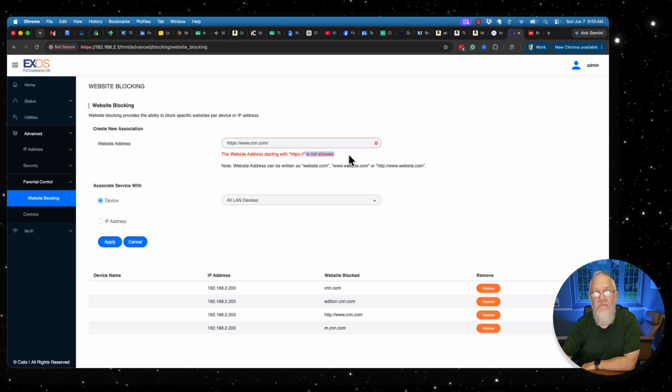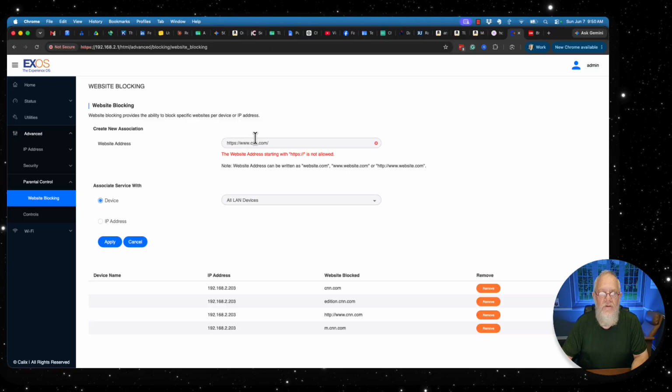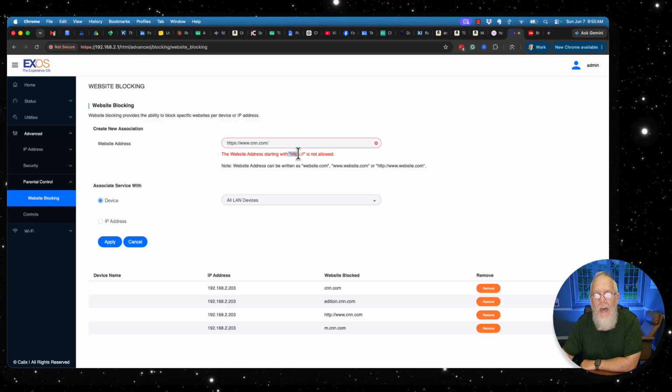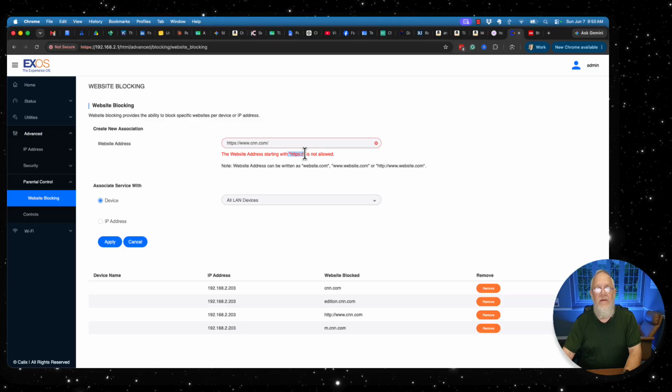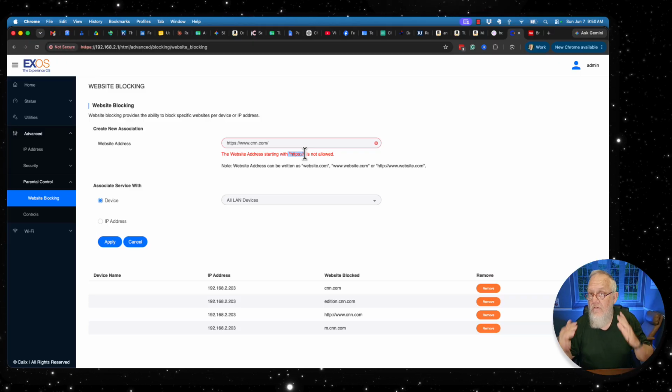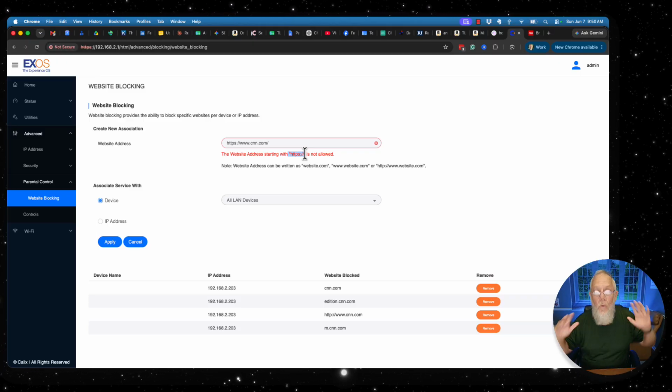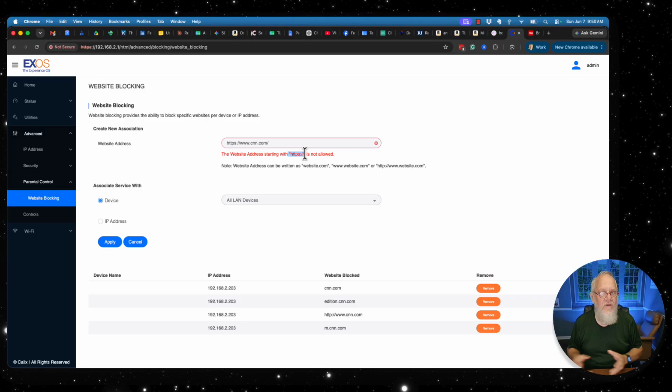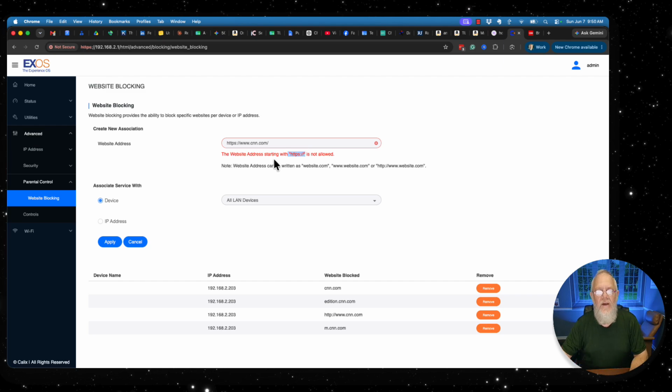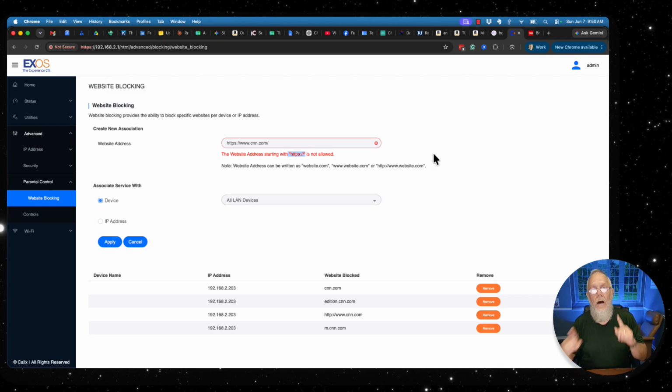And the reason it's not valid is that this interface will not allow me to block HTTPS, the industry de facto requirement for all legitimate websites on the internet, which is secure websites. It will not allow me to block it because